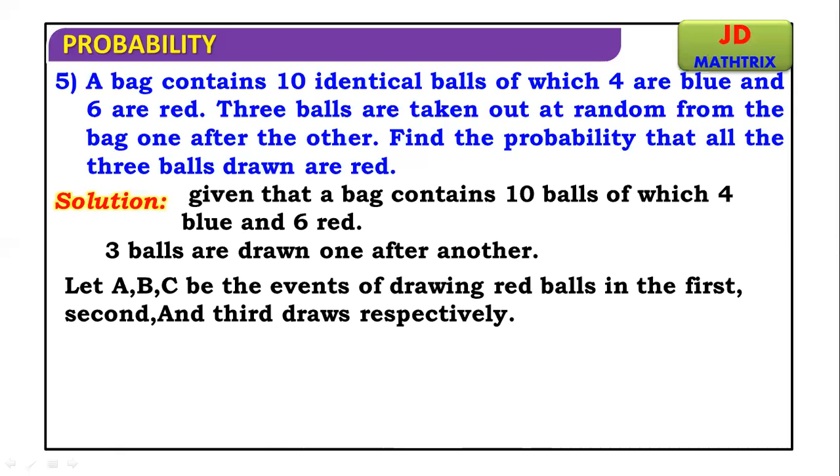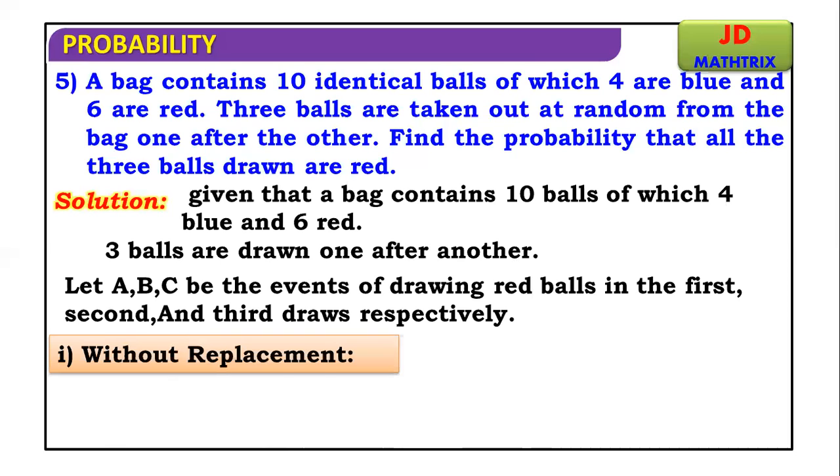Probability of drawing all the 3 balls red can be denoted by P of A intersection B intersection C. That means both the events should happen. అంటే A and B and C మూడు జరగాలి, జరిగితేనే అప్పుడు 3 balls రెడ్ బాల్ అవుతాయి. అంటే A and B and C అనే ఈవెంట్ని మనం ఎప్పుడు కూడా A intersection B intersection C తో డినోట్ చేస్తాం. So we have to find P of A intersection B intersection C